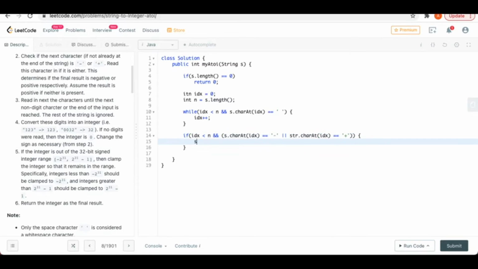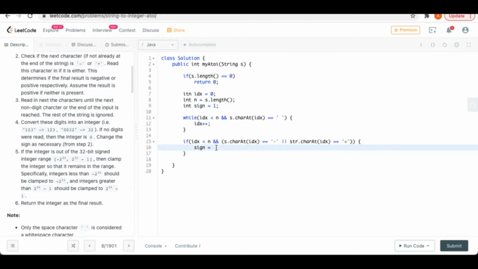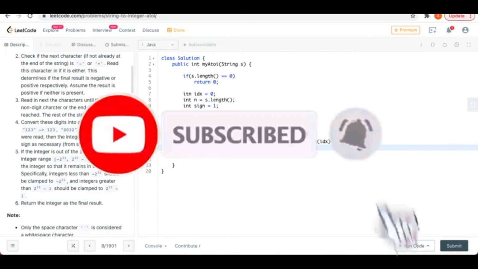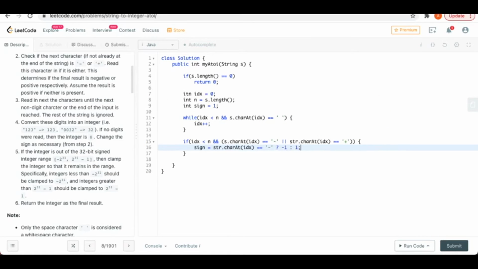In this case, I will need another variable called sign, which I will use as a multiplier to our original value. So sign becomes string dot charAt index: if this was negative, then I will initialize it to -1, else +1, so that should work, and I will increment the index. So empty spaces is done, empty string is done, sign is done.